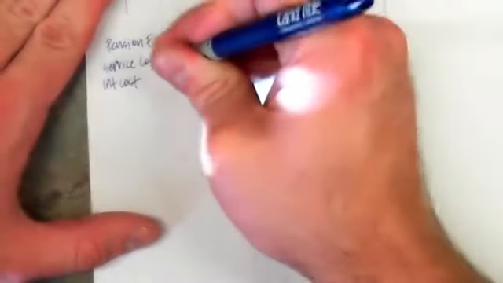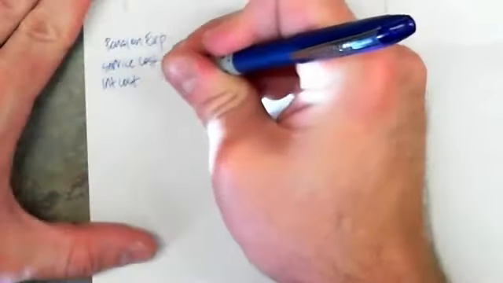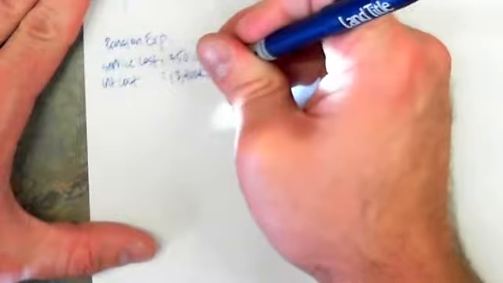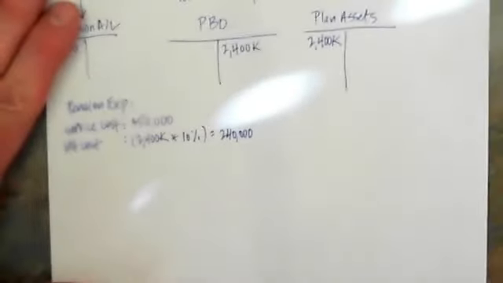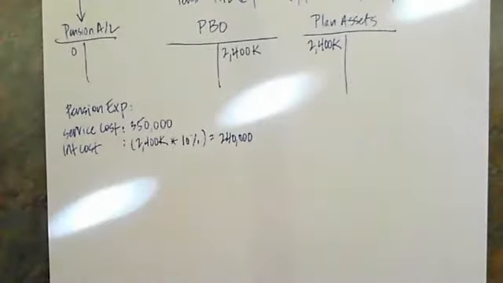Remember, the interest cost is determined by taking the beginning amount of the PBO, $2,400,000, and multiplying it by the discount rate, which I gave you as 10%. So we solve for that. Sorry about that. So we solved for that. Now we have one other item,